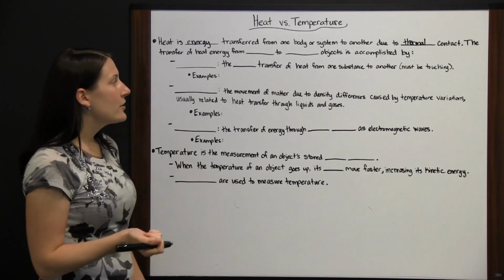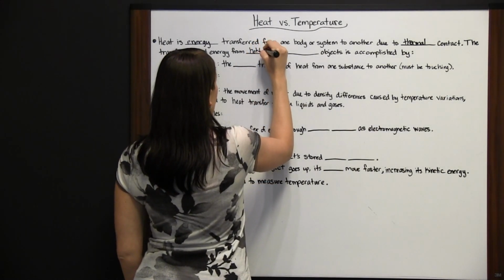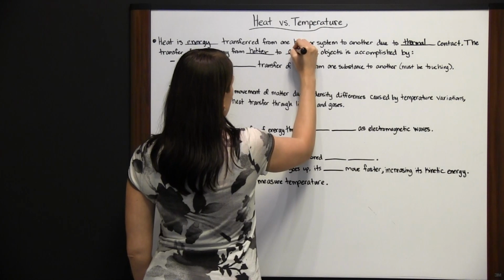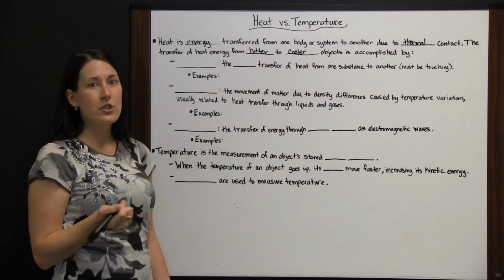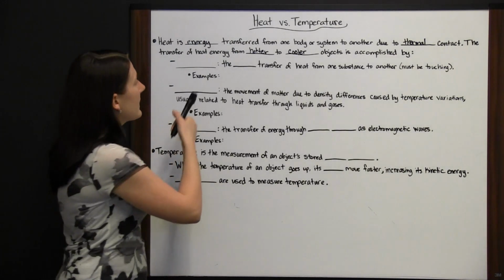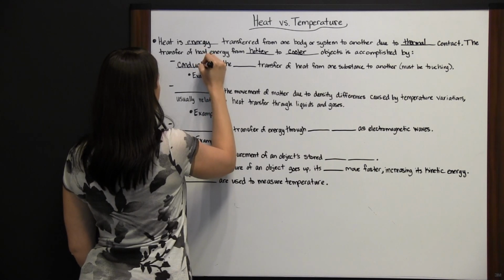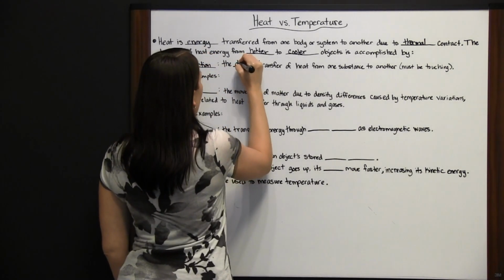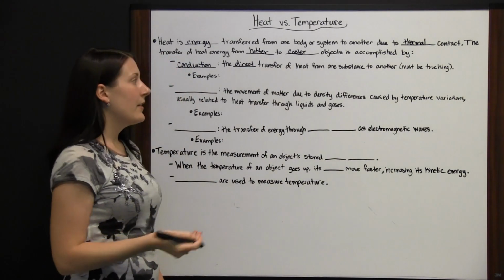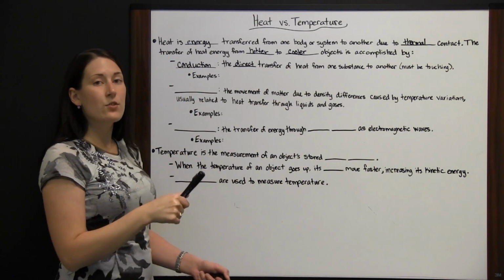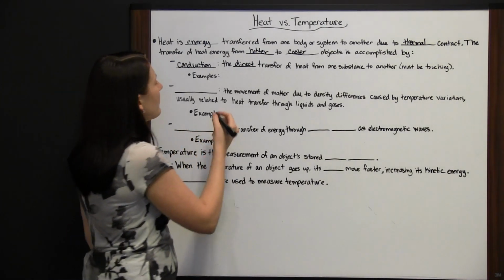The transfer of heat energy from hotter to cooler objects is accomplished in three different ways: conduction, convection, and radiation. Conduction is the direct transfer of heat from one substance to another. So the two substances or objects must be touching. It's a direct transfer. Examples would include